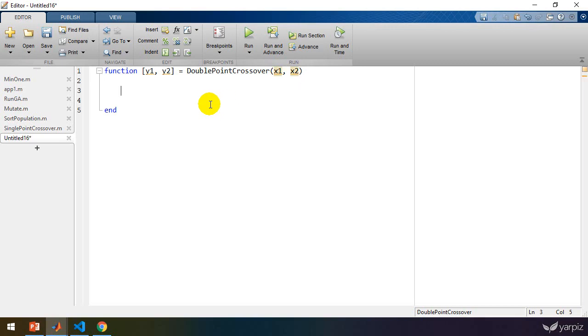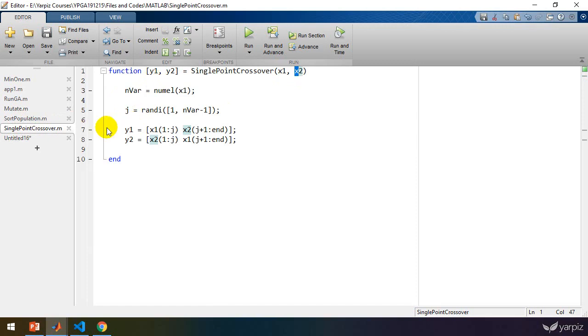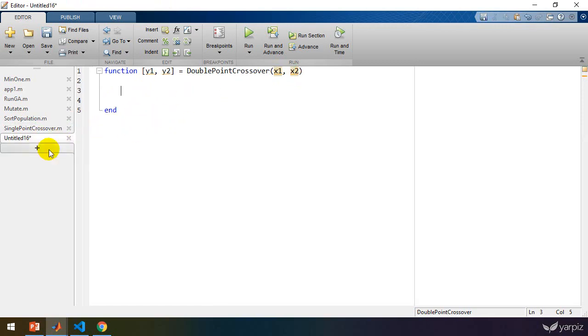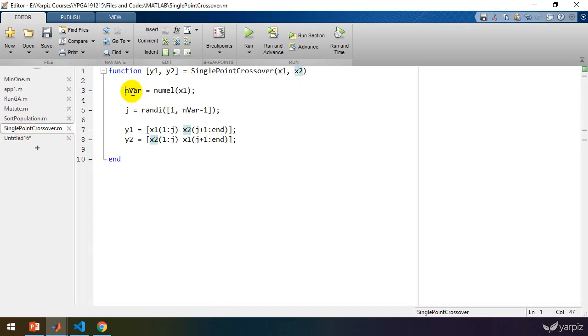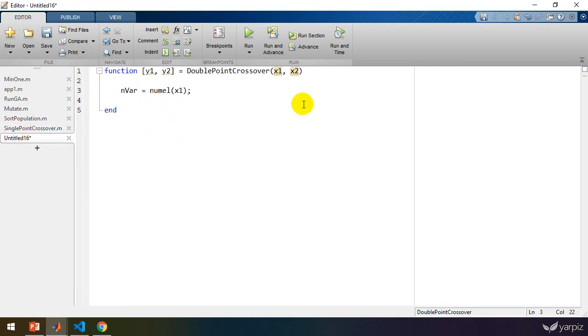That's the general structure of crossover operators. Similar to single point crossover, now we must select two cutting points, and let's define the number of variables in the position, nVar, and we must select two cutting points from 1 up to nVar-1, similar to single point crossover,